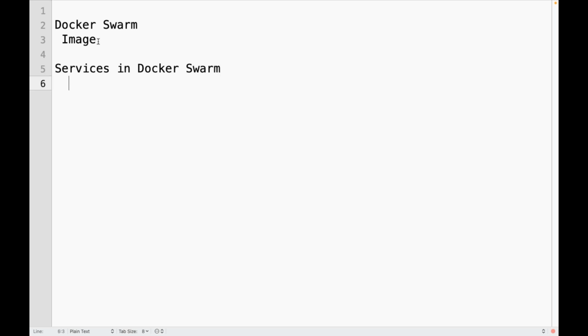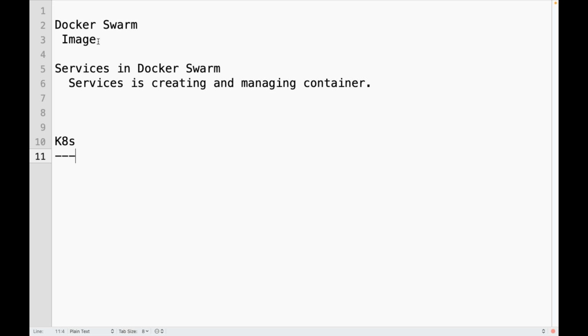The service is creating and managing containers internally. But now in Kubernetes, can I directly deploy this container as is, the way we are deploying in Docker Swarm? No. In Docker Swarm, you have concepts like service,